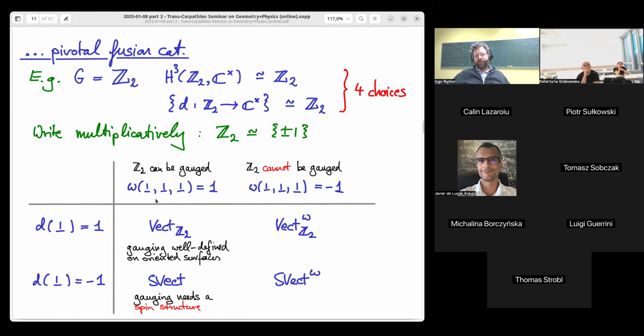What does gauging a Z2 symmetry mean? Right, I will get to that. Can we maybe pause that question and I will describe that later, but I'm saying this here already, that there's gaugeable versus not gaugeable, and that gives you oriented, gives you spin. So here I want to illustrate that these 4 different versions of Z2 actually do different things. And I'll say later what gauging is.